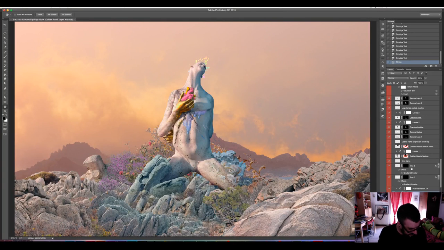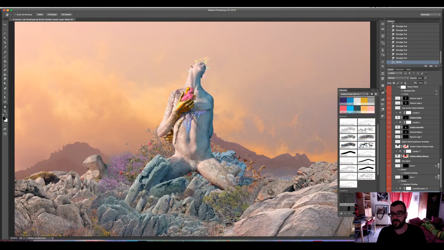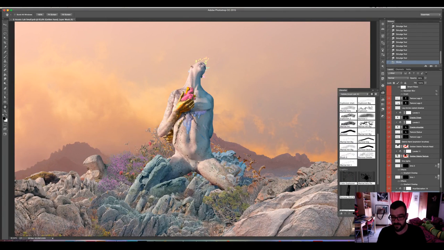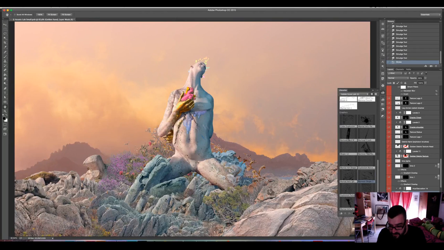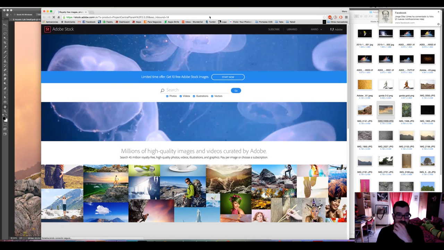Well, now I want to tell you about another new surprise in the Adobe Creative Cloud libraries. As I have told you, sometimes we have to look for resourceful images to complete our illustrations. And for example, in my case here, I needed some gold textures because I couldn't find any of my own. So if we open the Creative Cloud Libraries panel, we have here, I hope you can see it, an ST icon. It's the icon for Adobe Stock. If we click it, it will open the Adobe Stock website.